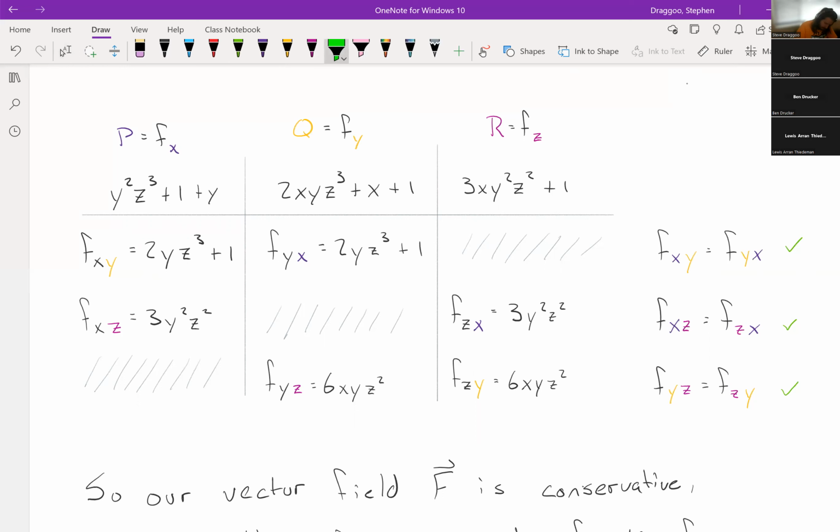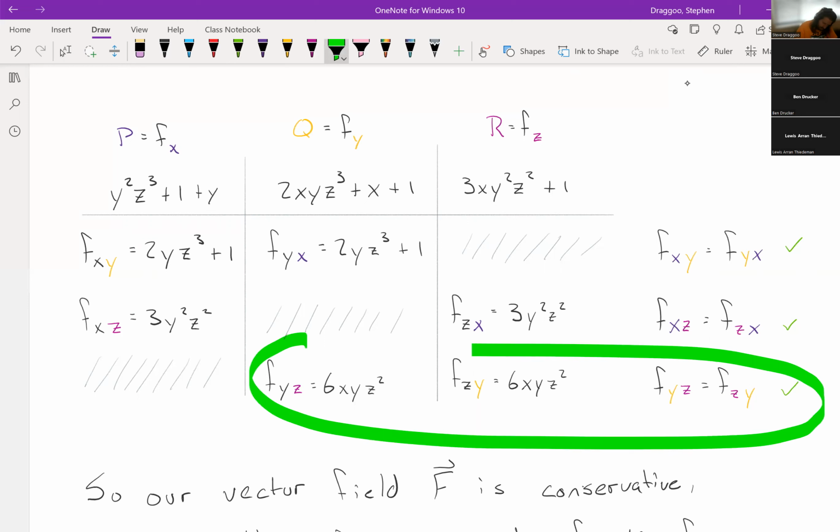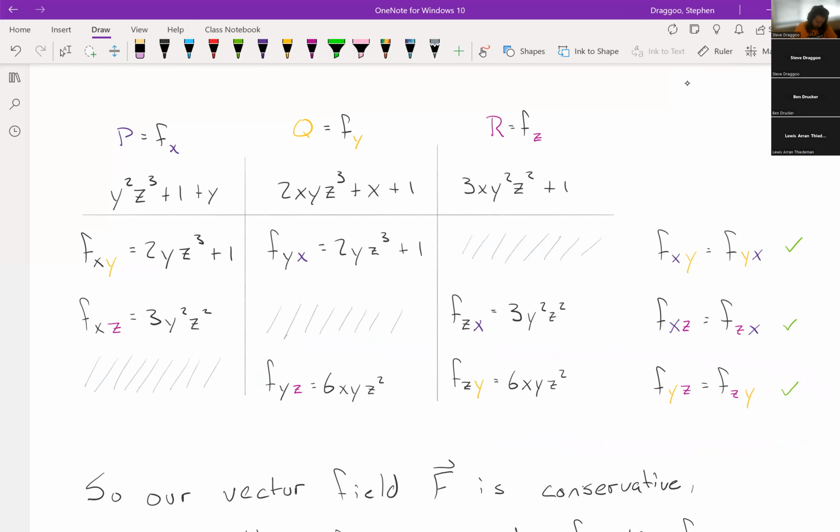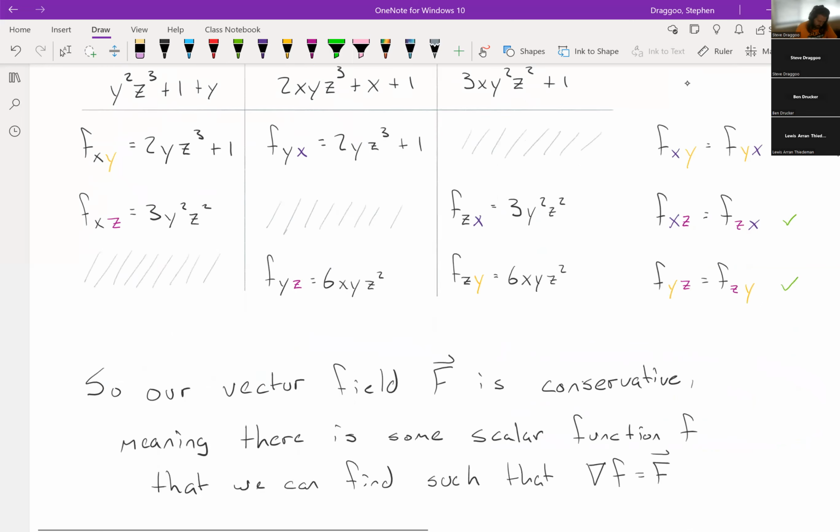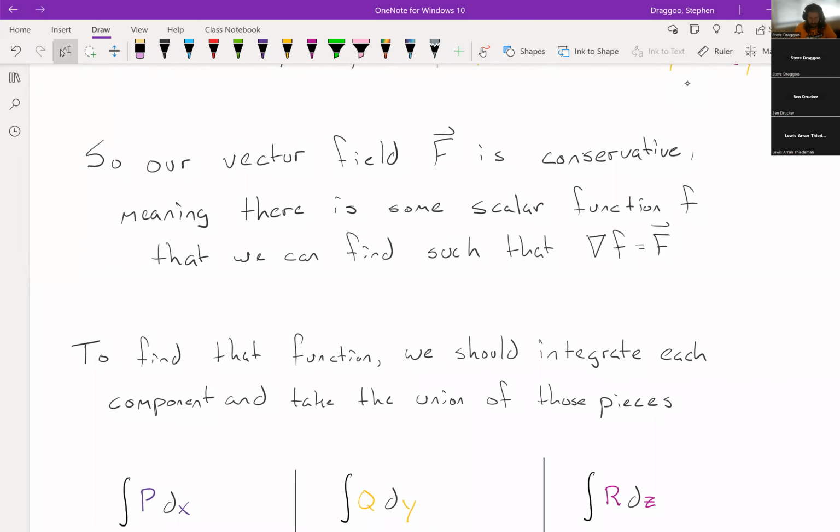Right, I'm looking at these guys right here, and see that those are equal. The part on the right is just writing out the step that I'm verifying: yeah, those are equal to each other. The way that shows up in the curl is by taking the difference between the two things and seeing that we get 0. If two things are equal, we take the difference, the result should be 0. So that's our verification to show that the vector field is conservative, meaning we ought to be able to find